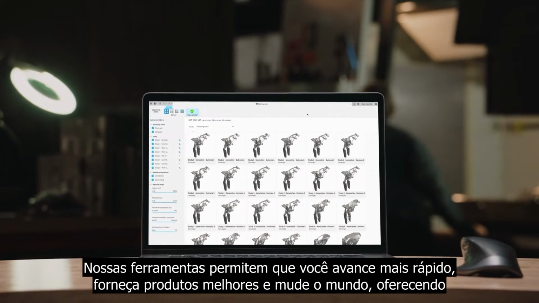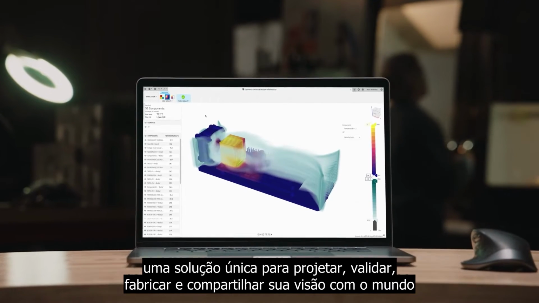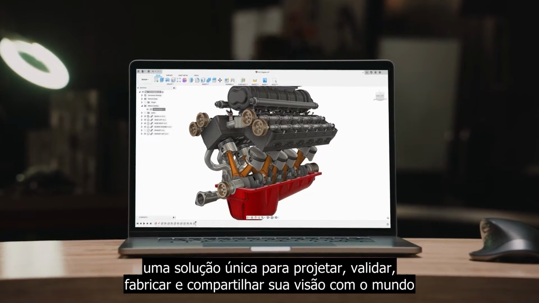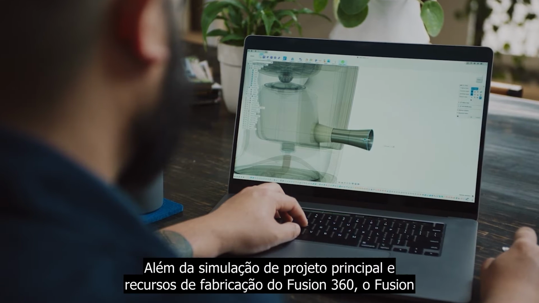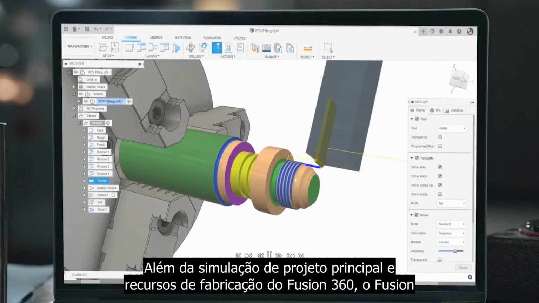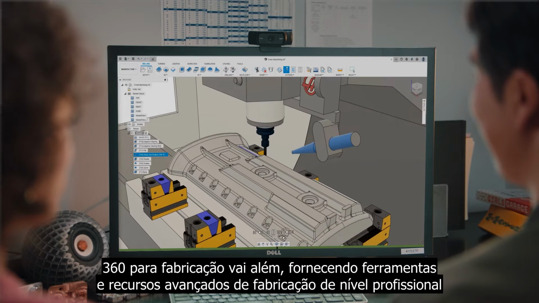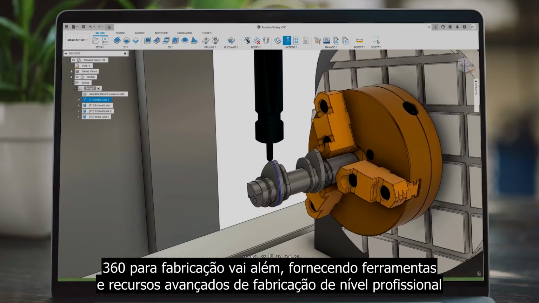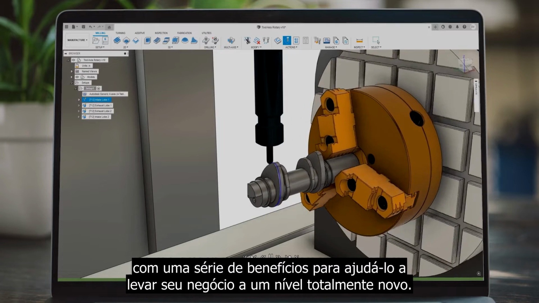Our tools enable you to move faster, supply better products, and change the world by giving you a single solution to design, validate, manufacture, and share your vision with the world. In addition to the core design, simulation, and manufacturing capabilities of Fusion 360, Fusion 360 for manufacturing goes further, providing professional-grade advanced manufacturing tools and capabilities with a range of benefits to help you take your business to a whole